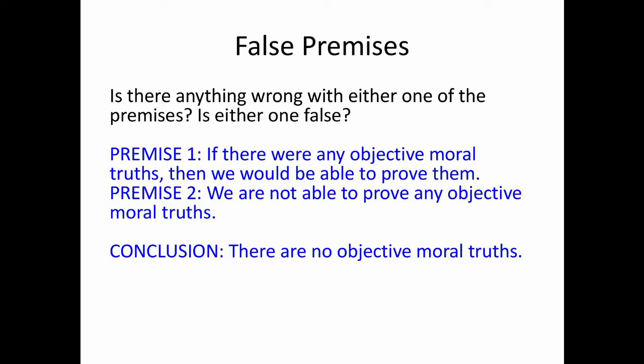So the first premise of the provability argument, this claim that we haven't proven objective moral truths, therefore there are no objective moral truths, this first premise I question. I think that's a false premise. So the argument would not be sound. Remember, for an argument to be sound, it has to be valid, and all of the premises have to be true, right? So the first premise is not true, and therefore the argument is not sound. I could go on to the second premise and examine it, but all I have to do is find one false premise, and I've proven that the argument is not sound.